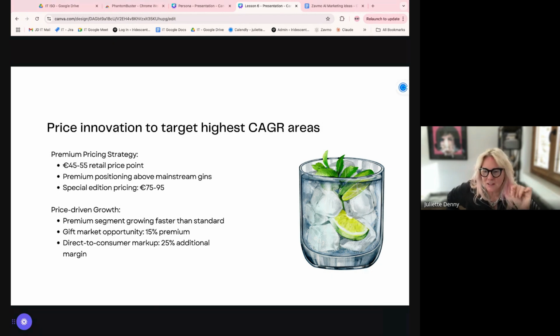However, to maximize where you want this gin brand to go, you're going to be looking at that premium price. And the wonderful thing is again, the markup. So the direct to consumer markup, if you get your website looking really beautiful, and you're leaning into all of these themes, teaching people about craft gin, teaching people about Andorra, teaching people about herbs and spices and how they react to diffusion with alcohol.